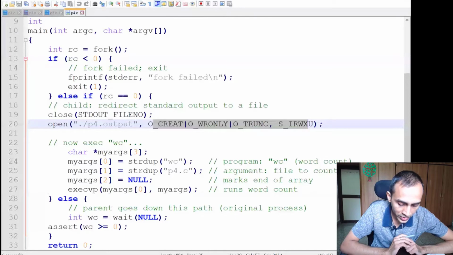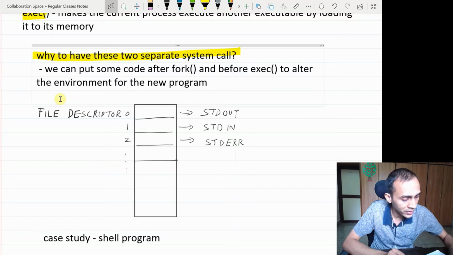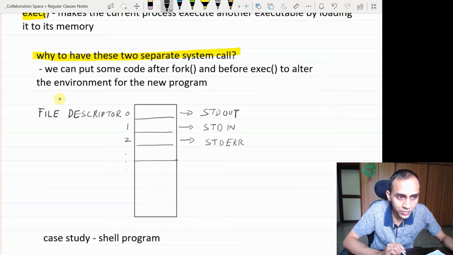What the Unix system does is assign a file descriptor to this new file: it searches from the beginning of the table. Whichever entry is free, it first of all assigns that to the new file. It starts searching from the beginning, and whichever is the first empty file descriptor it gets, it assigns that to the file being opened. Because we have just closed the standard output file, this file descriptor is now free. So it is going to assign the standard output file descriptor to this file.